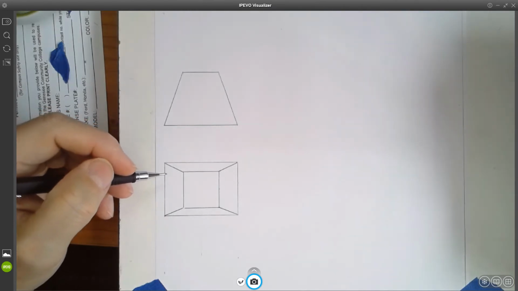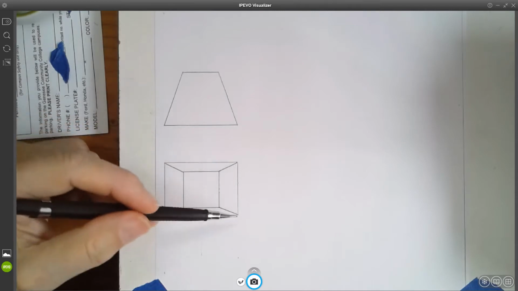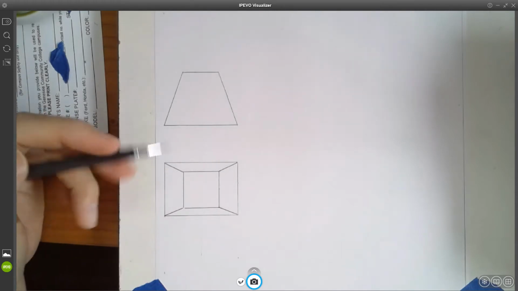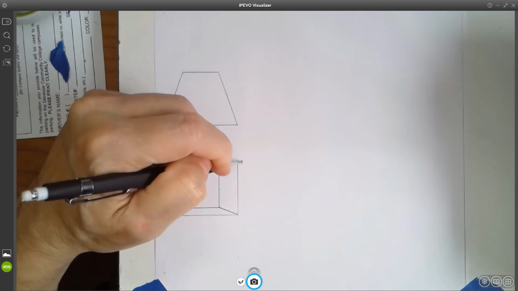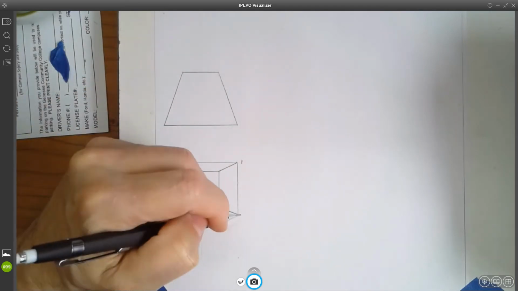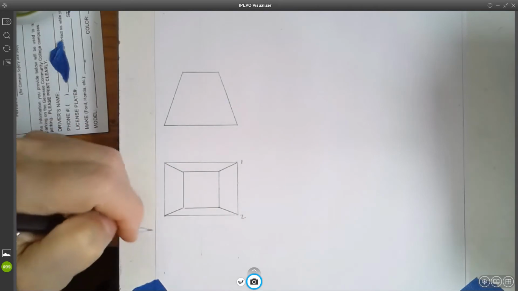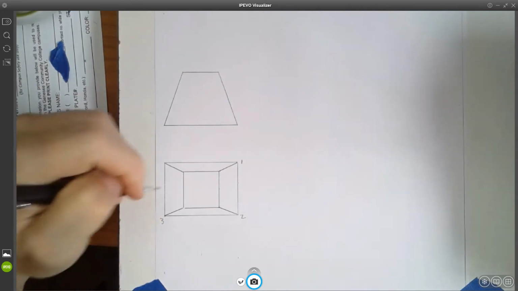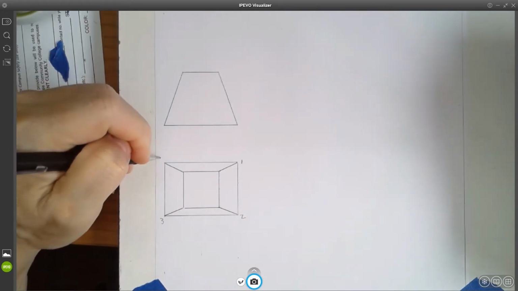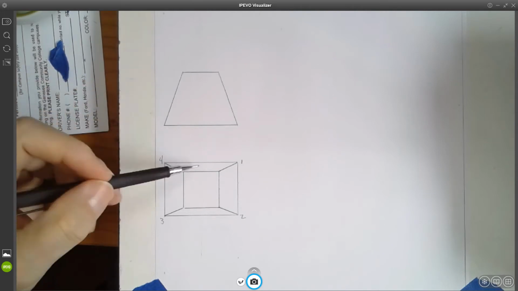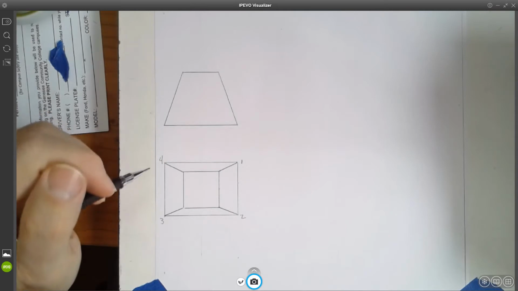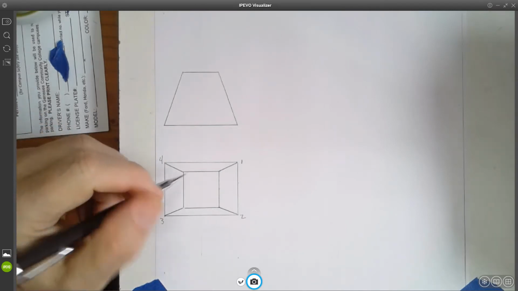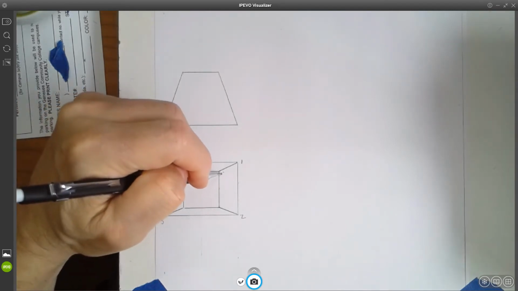Okay, so the first thing we are going to do here is we're going to label the corners. And this is going to be corner number 1. And then number 2 is down here, number 3, and number 4. Now, just like we've done the bottom of this pyramid, in other words, these points here, we're going to do the top. So this is going to be 5,